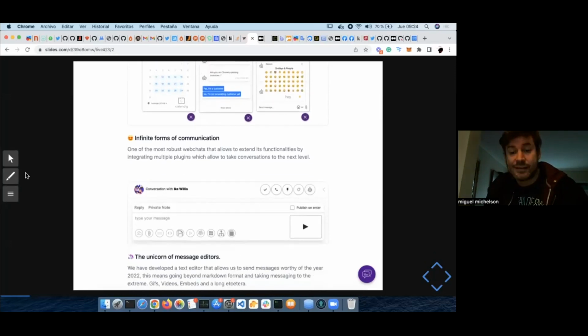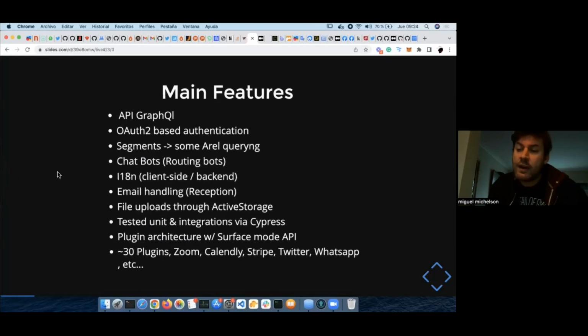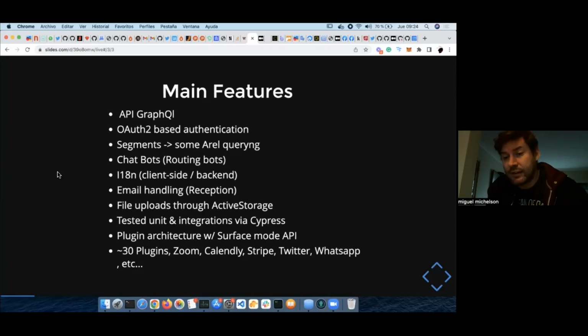So that's Chaskiq. The main stack is an API of GraphQL. It has all the front end written in React. It has an OAuth 2 based authentication, so it has an OAuth 2 provider built in.